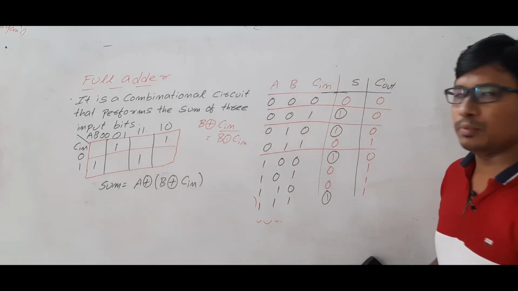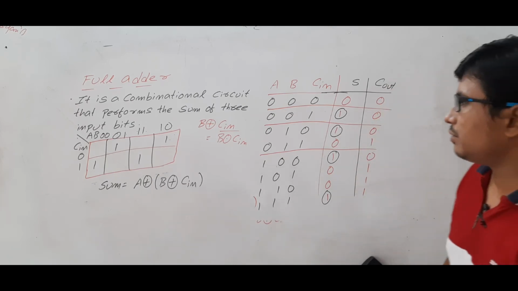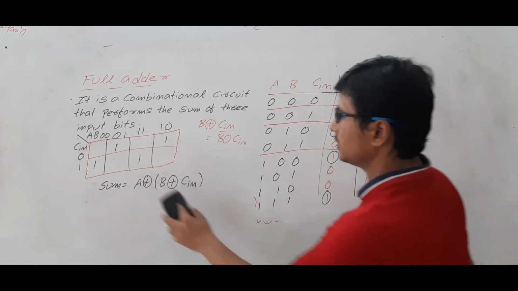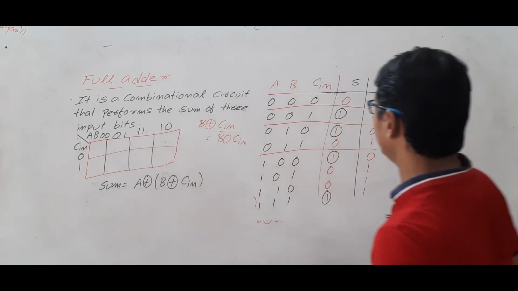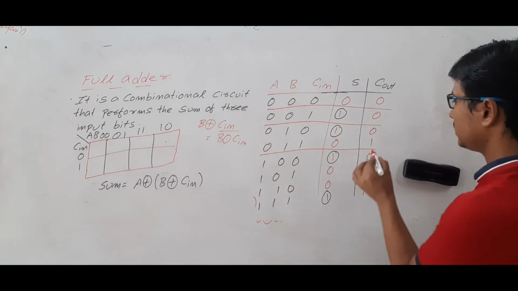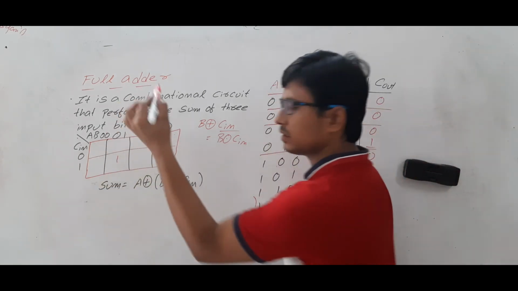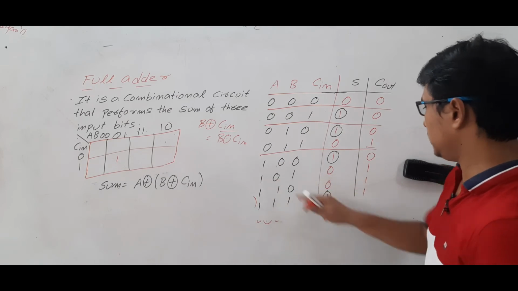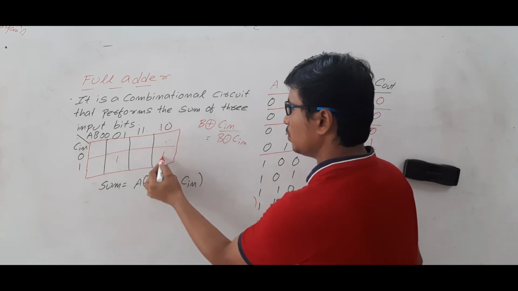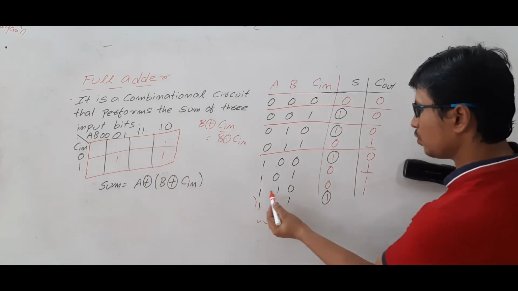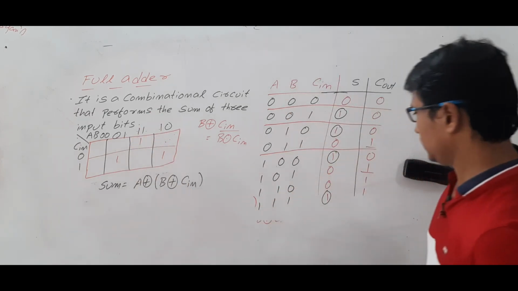Now we will discuss how to minimize the carry, which is C out. Wherever ones are there, let me write it. I will erase this one and draw the K-map for the C out. Now wherever ones are there, here it is, which is 0, 1, 1. Write it here. Then here it is, 1, 0, 1. Okay. Then you have 1, 1, 0. Is it clear? Then 1, 1, 1.